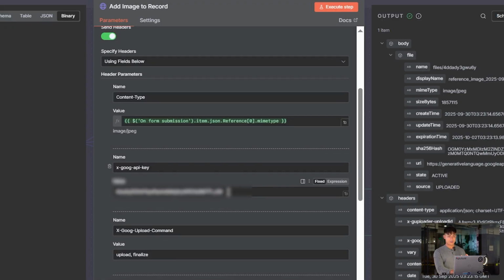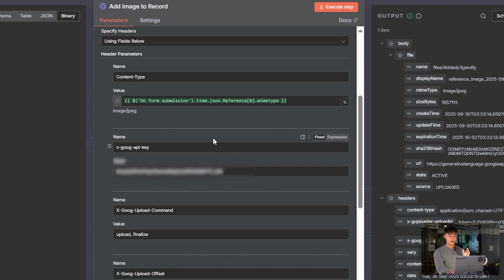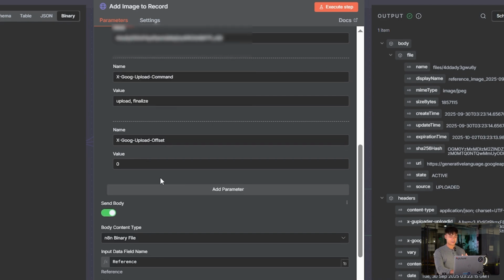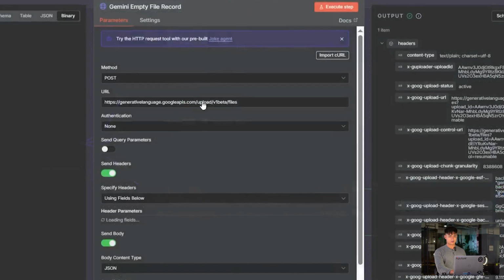You know, same API key as before, same content type. And then there's just a couple nuances where I'm changing the X Google upload command to upload and finalize. And then X Google upload offset is 0. From my understanding, that's where in the file record you start writing the binary. So you want to start from the very beginning because we created just enough space to fill the whole binary, right? If you recall correctly, right here we have